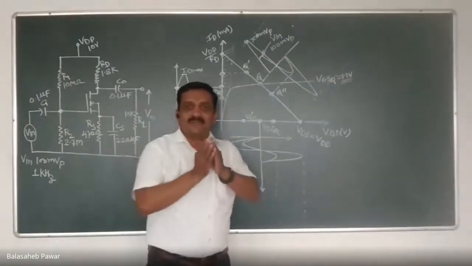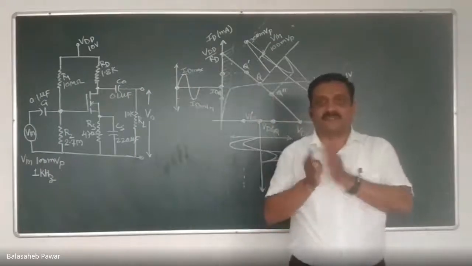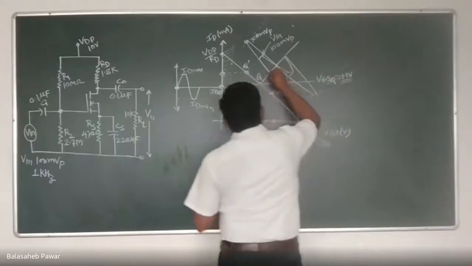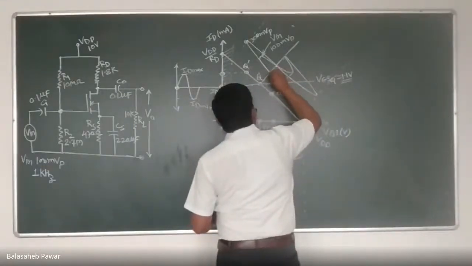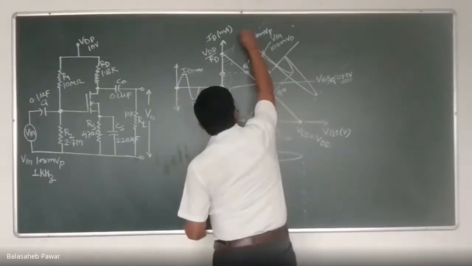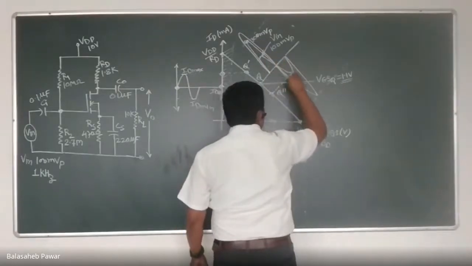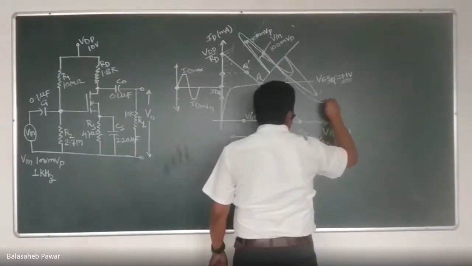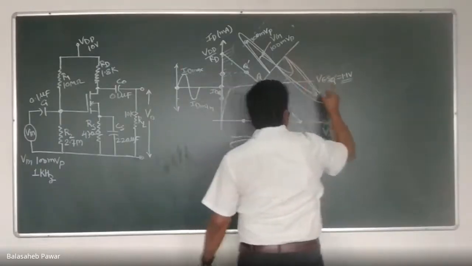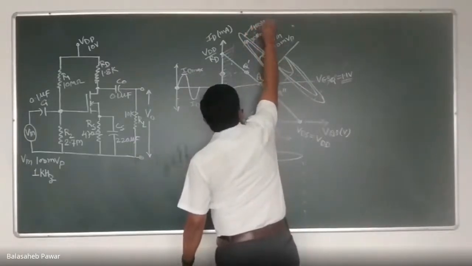I will again increase that input from 300 millivolts to, suppose, 400 millivolts. So see, I will again try to draw that 400 millivolt waveform like this. Similarly, during the negative peak, again it will be 400 millivolts. Right, now this is my third waveform. This is of 400 millivolt peak.